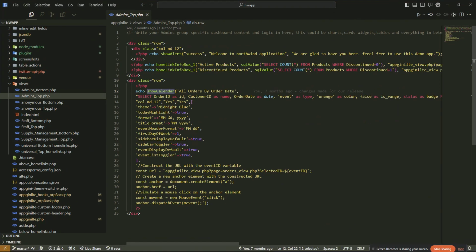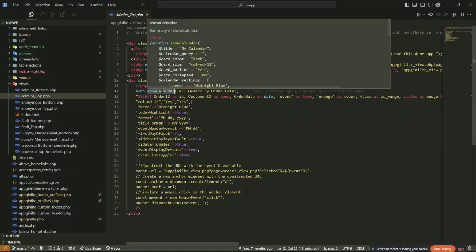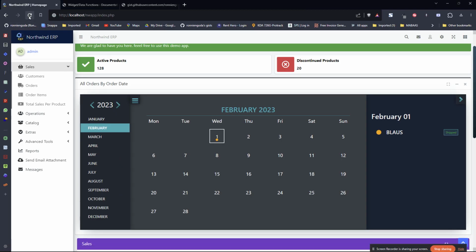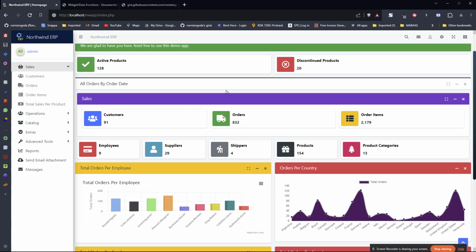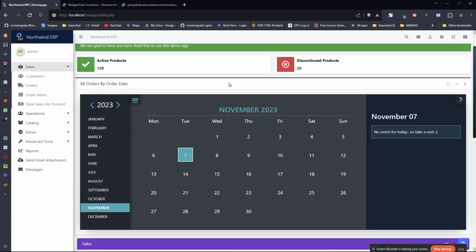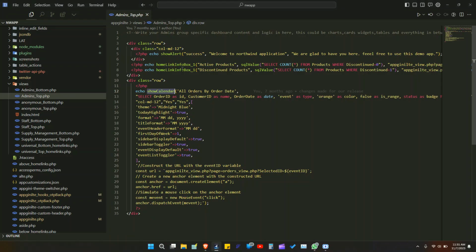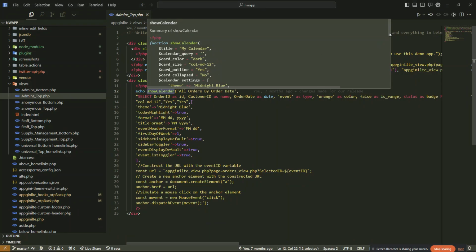Okay, then the card size, the card outline, you see it has an outline. Yes, card collapsed. If it's collapsed like ours, you see it's collapsed by default. If you refresh the dashboard, the card is collapsed until you click it to open, but you can say no, so that it's just open, it's not collapsed. Okay, so the next parameter is